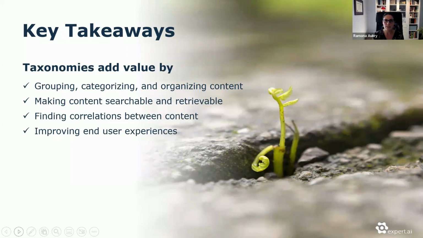And last but not least, it's about, I would say, improving that end user experience, right? So we are all, in one way or another, performing search in our everyday life, whether it's about finding gluten-free recipes or just finding a restaurant that matches our needs in our neighborhood. So if the end user experience is fruitful and I would say pleasant, it is because we have underneath a system that helps us really have that smooth navigation and get what we want in real time and without too much effort.